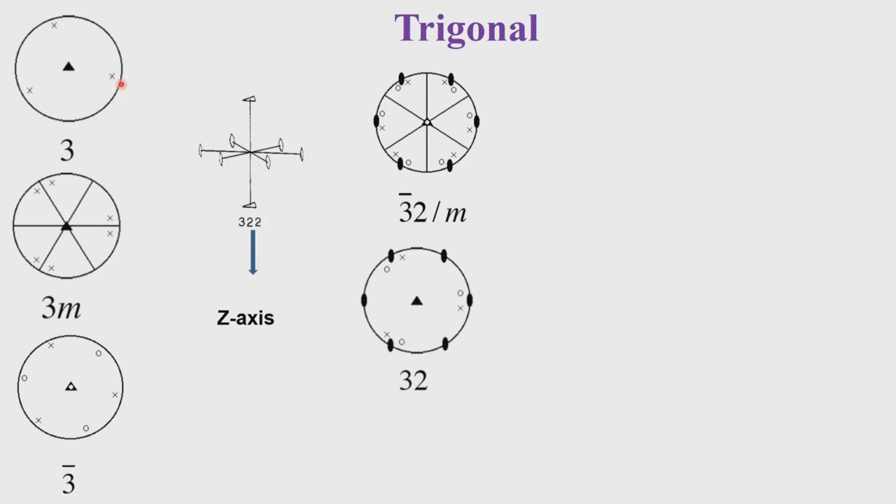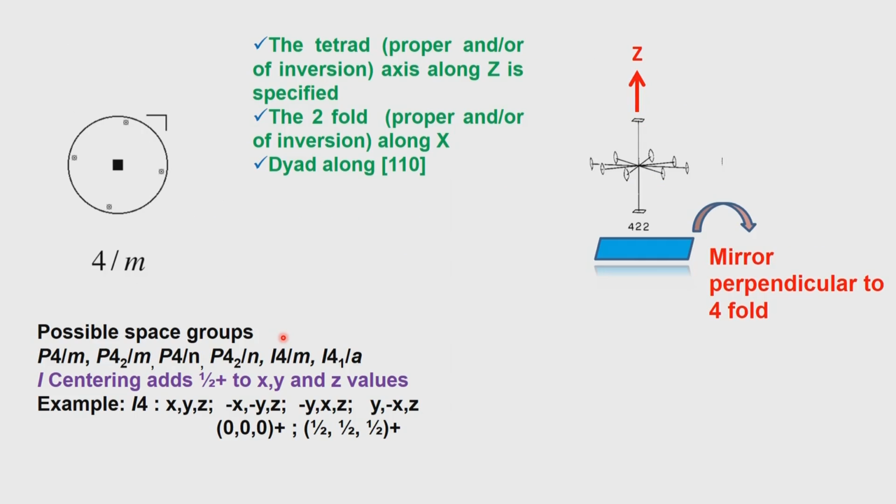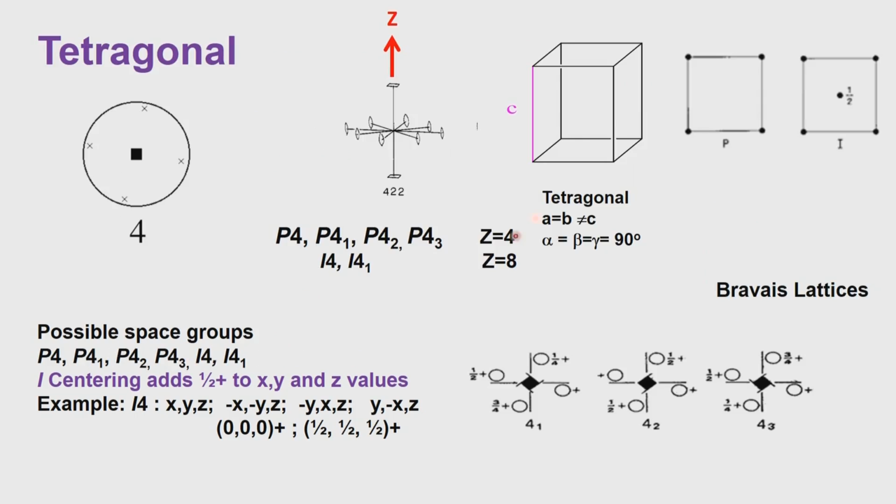At this point we can conclude that the threefold and the fourfold are along the z direction in the case of the trigonal and tetragonal symmetry, and the tetragonal symmetry has P and I. With the I we get an additional set of points added, with half plus along x, half plus along y, half plus along z, to every relationship we generate in terms of equivalent points associated with the primitive lattice.